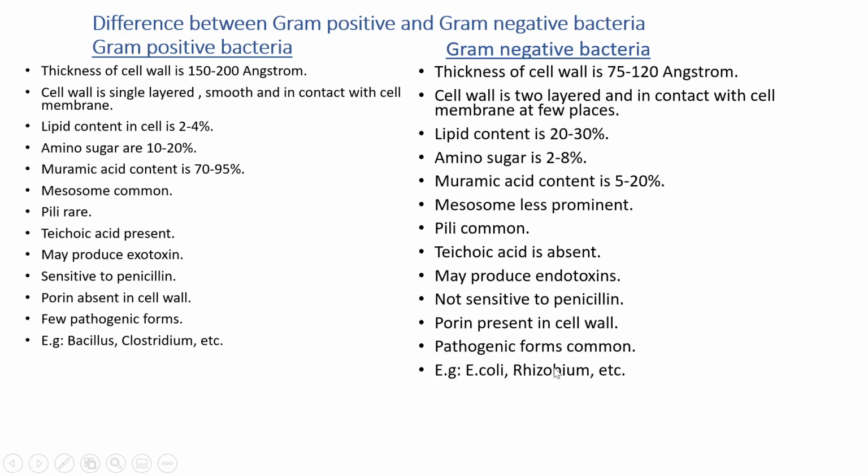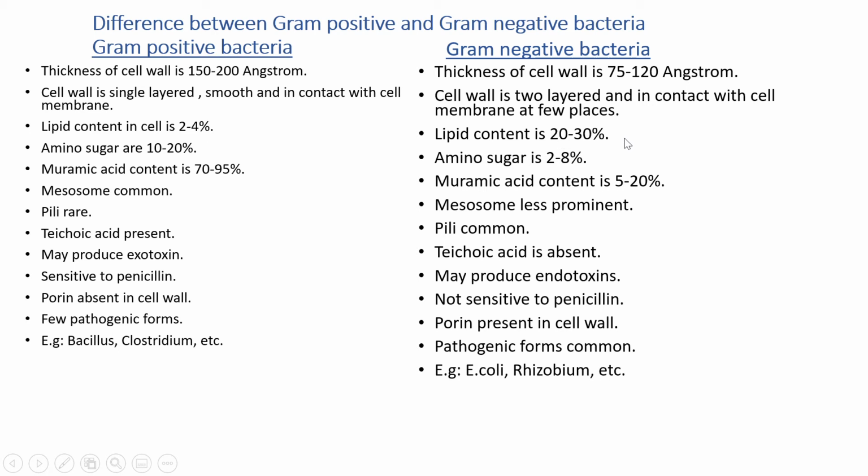Next we will move on to the difference between gram-positive and gram-negative bacteria. The thickness of the cell wall of gram-positive bacteria is 150 to 200 angstrom, and the thickness of the cell wall of gram-negative bacteria is 75 to 120 angstrom. The cell wall in gram-positive is single-layered, smooth, and in contact with the cell membrane. In gram-negative, the cell wall is two-layered and in contact with the cell membrane at few places. The lipid content in gram-positive bacteria is 2 to 4%, and the lipid content in gram-negative bacteria